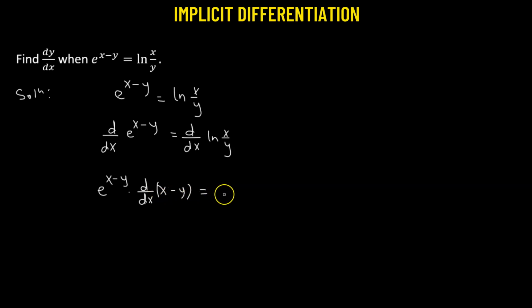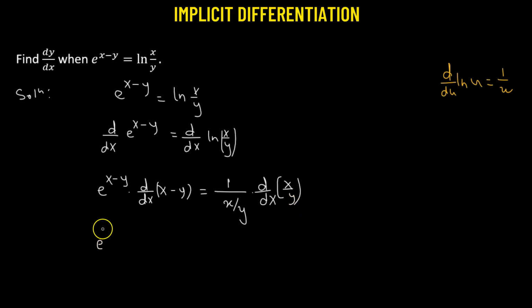This will be equal to, now we have the derivative of the logarithmic function. We know that the derivative with respect to u of natural log of u is given by 1 over u. In our case, we have u given by x over y. That means we'll have 1 over x over y, and we'll have to use the chain rule. So we'll multiply it by the derivative with respect to x of x over y. So let's find out. We have e raised to the power of x minus y multiplied by the derivative of x with respect to x minus the derivative of y with respect to x, which will be equal to